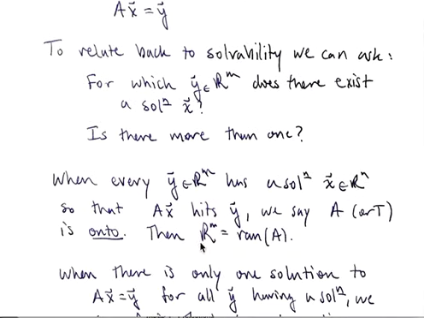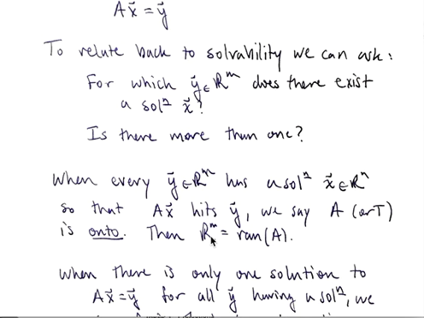And another way to say this concisely is that the codomain and the range are the same thing. I made a big deal earlier in the course that the range is not necessarily all of the codomain. The range could be a subset of the codomain. So in the special case when the range is equal to the codomain, we would say that the function or